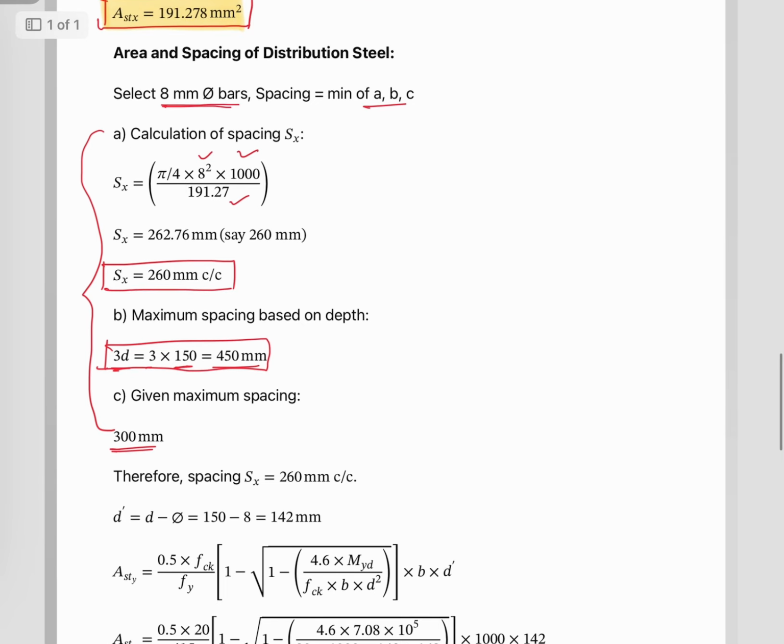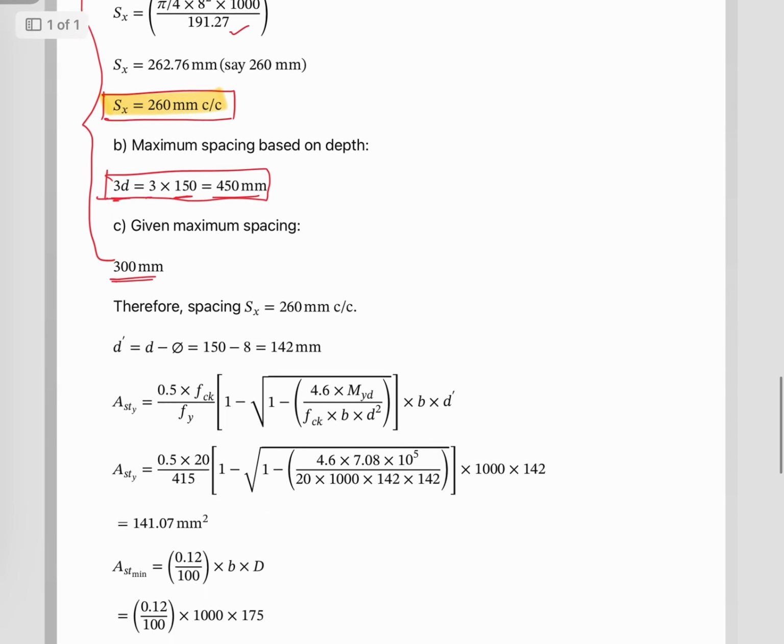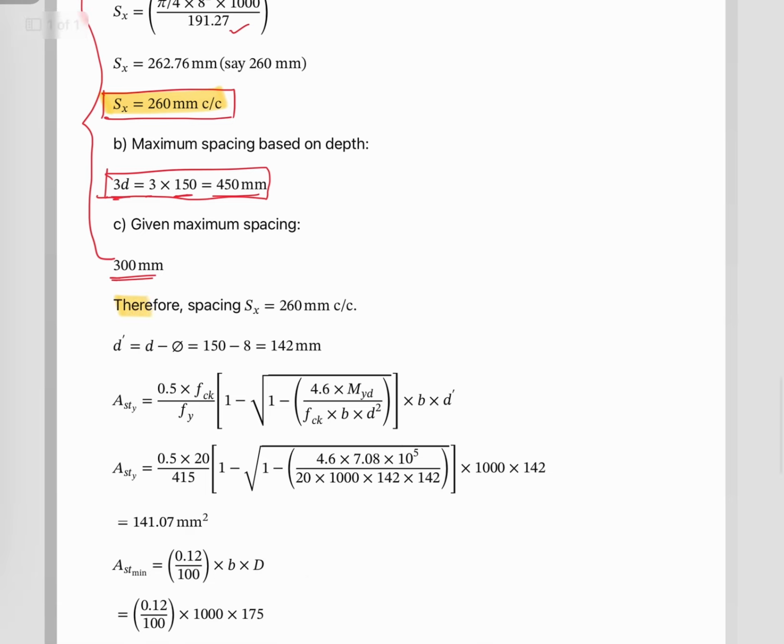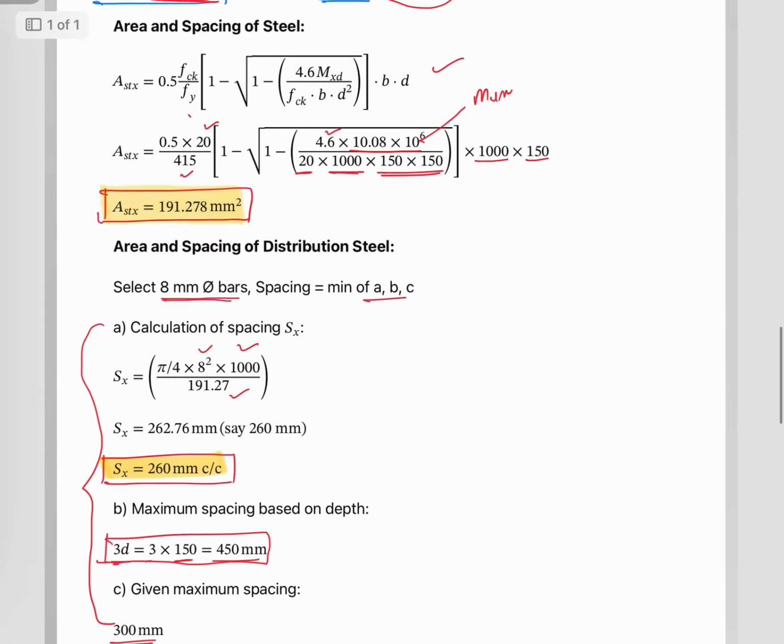So among the three values, what is the minimum one? The minimum value is 260. So I am considering the spacing in the x direction as 260 mm center to center. Now from this you should again calculate the effective depth, because what happened is we have considered an 8 mm bar